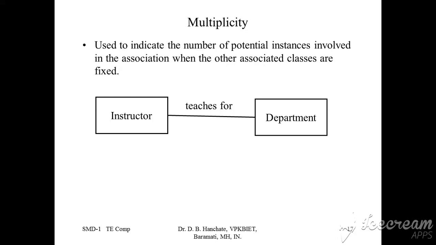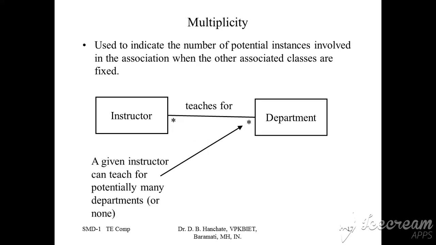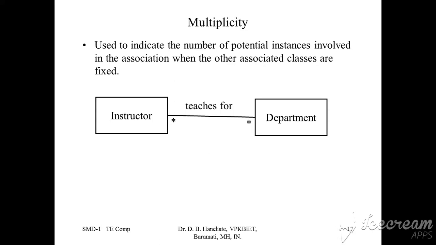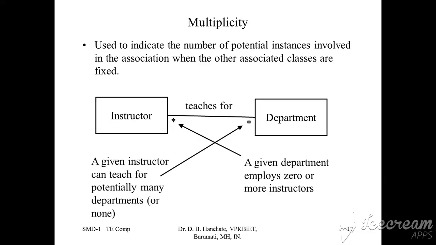Now you can see multiplicity, used to indicate the number of potential instances involved in the association. When the other associated classes are fixed, so two classes are fixed, what is the number of potential associations? How many instructors are teaching in the department, which instructors are teaching in the department, and how many are there? The star indicates many to many. So this is a many to many relation, and some of the people giving instruction can teach for potentially many departments. Also, the instructor can teach in many departments. Given a department, employees is 0 or more instructors, or we